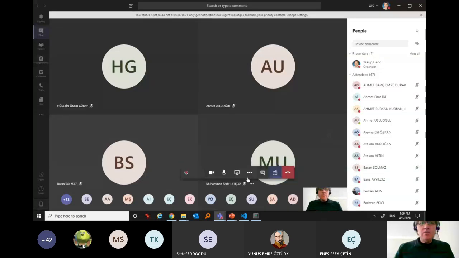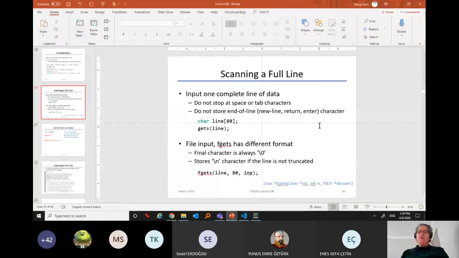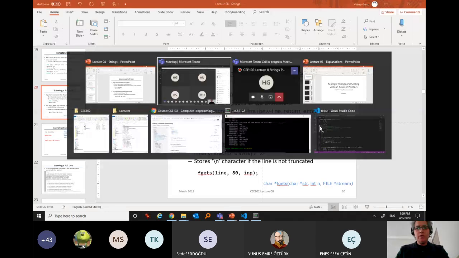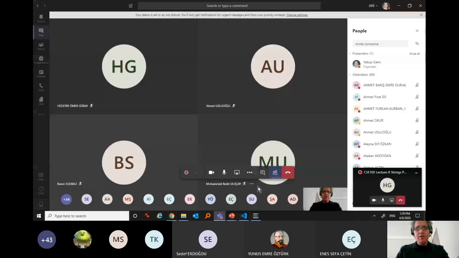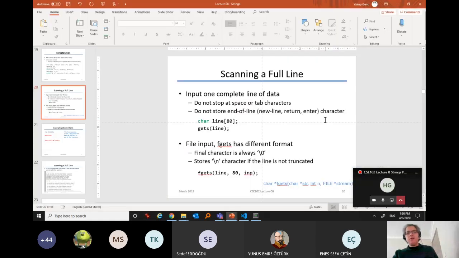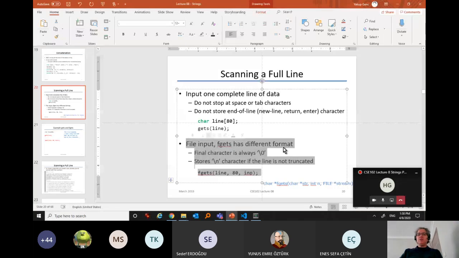We'll be continuing on the topic of strings today, strings in C. And yesterday there was a question regarding the fgets. Actually, it wasn't a question, but we were trying to do a simple example with this, and we saw that the example was not working as I explained it would work. The reason is that I misread the definition here, and I was trying to explain that